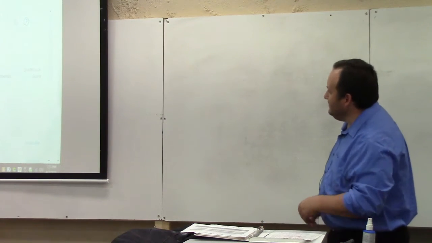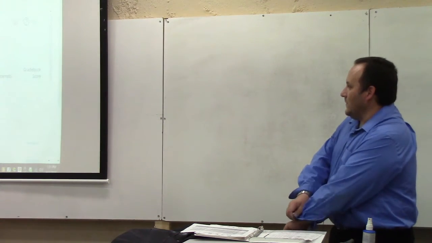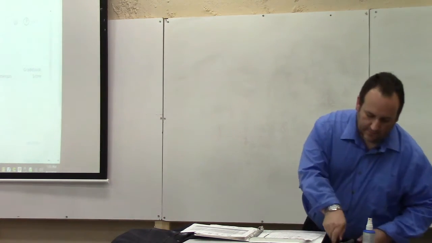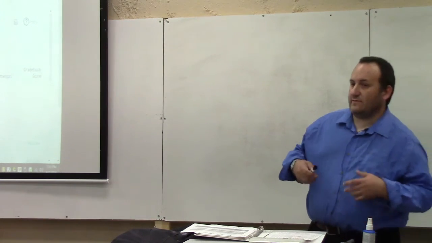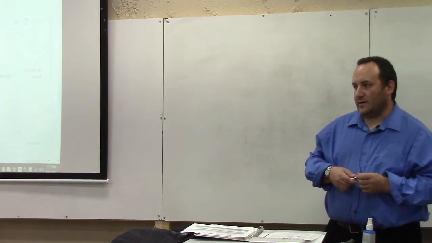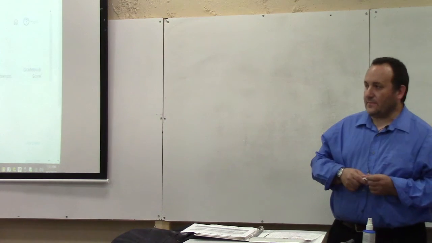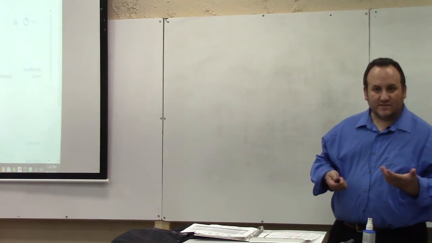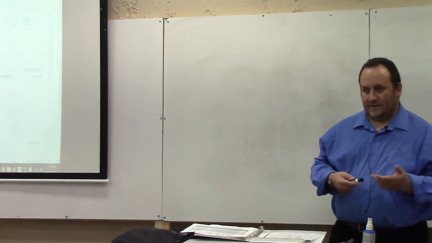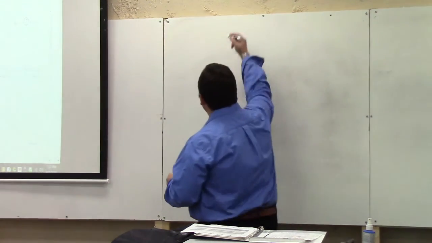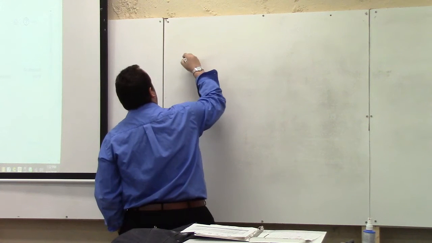Let's see here. So we introduced the concept of a function, right? We talked about the domain and the range. We talked a little bit about what the graph of a function means. So I want to talk more about that because I think you guys will benefit from further discussion of that. So suppose you're given